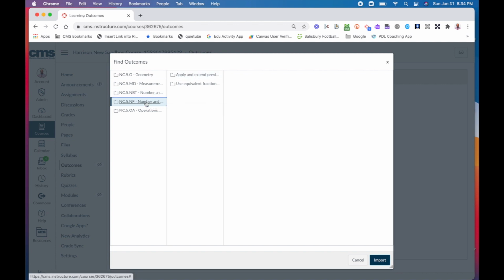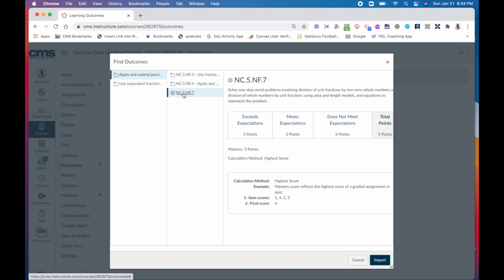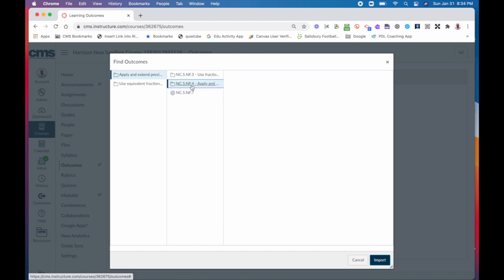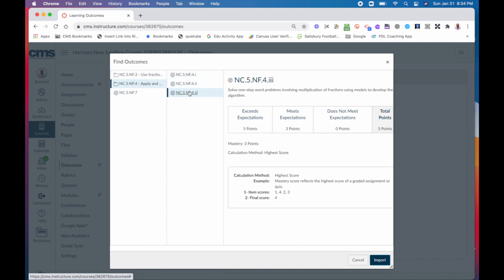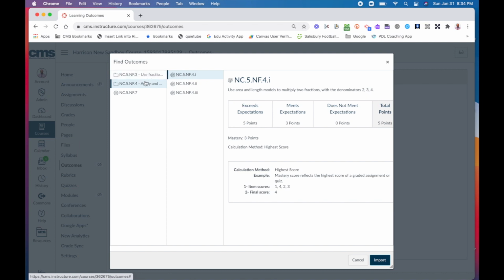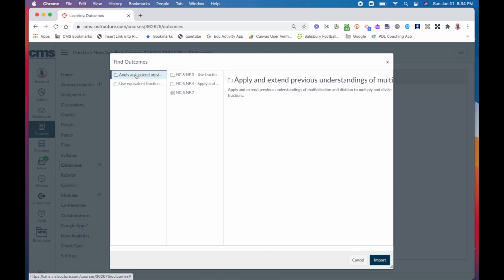Actually, you know what? Never mind. I think I will click on this one and import everything that's in this folder. But just so you can see, you can continue to drill down and go deeper into these folders. And now you'll start to see, once you see this symbol here, that means you're actually at a standard. So when I get into this folder here, you'll see this folder contains these standards inside of it. So you'll have access to this. But I'm actually going to go back